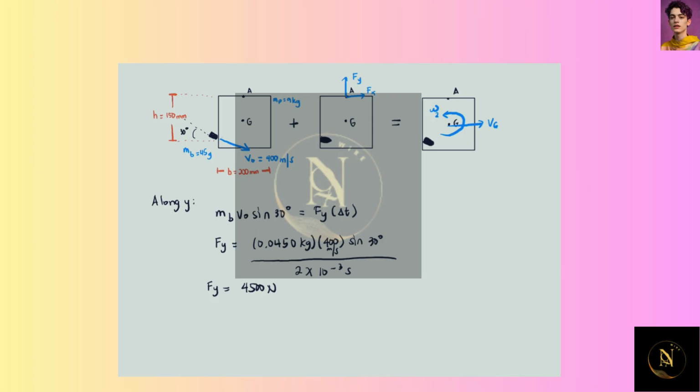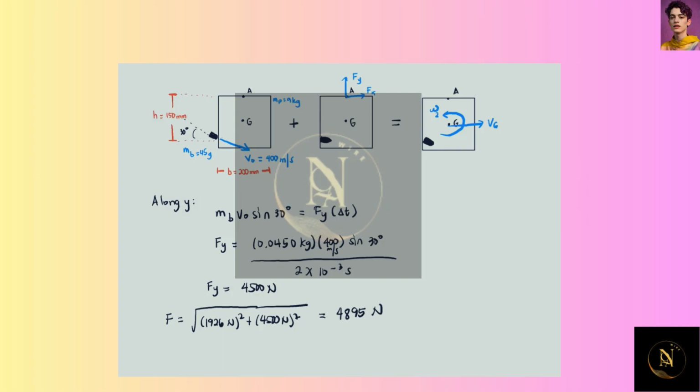So, now that we have the components, we can now calculate for the resultant force, or the force F. For the magnitude, we'll use the Pythagorean theorem. So, F equals the square root of the square of the x component plus the square of the y component. So, 1926 newtons squared plus 4,500 newtons squared. Then, get the square root. So, this is equal to